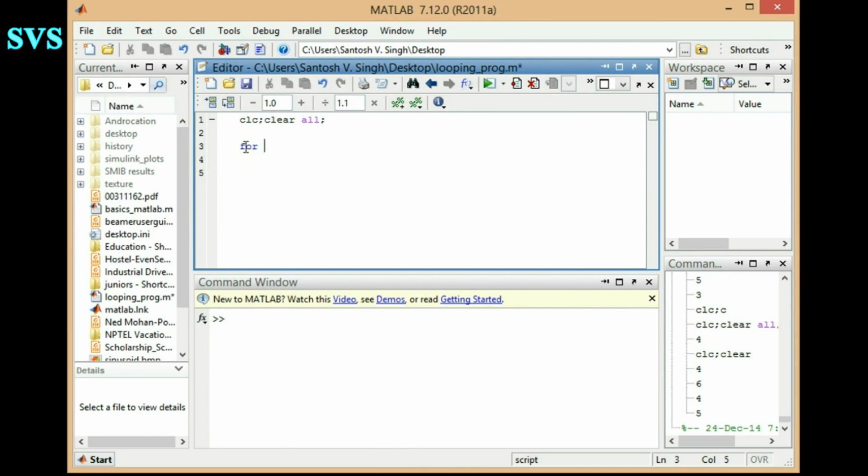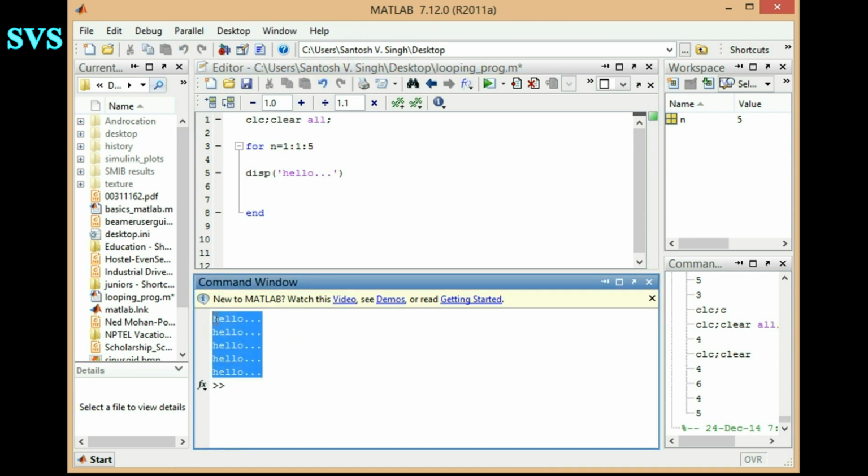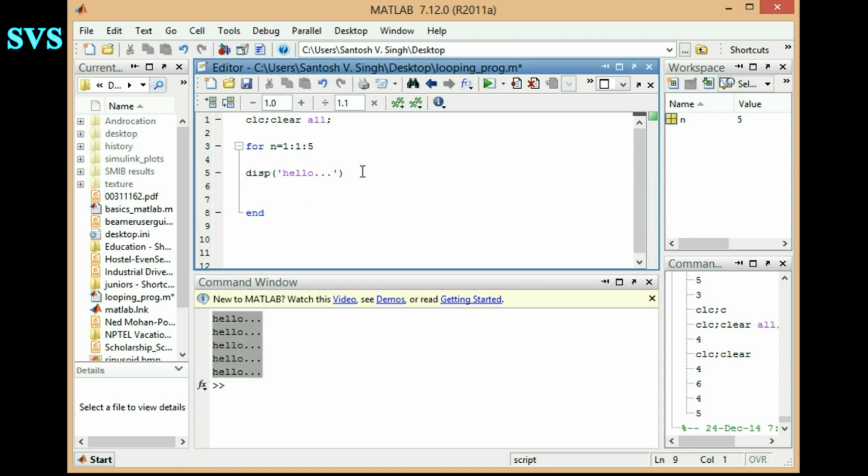It follows as this: for and a variable which will serve as the operating variable for that loop. Let's say that to be n, and for completing the loop we'll be using the end statement. So for and end performs a loop. We'll be displaying a message, let's say hello 10 times. We'll be using this command, and as we execute it, it gets displayed. Similarly, let's try with 5 also. Yes, it's the same. So this is the simplest structure of how our loop functions.